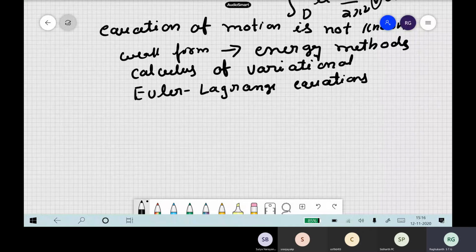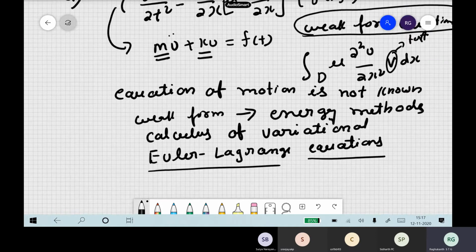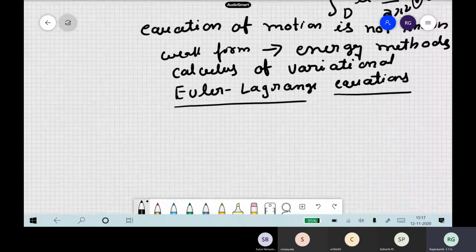Anyway, in our case we are solving the fundamental continuum mechanics equation, so it is very easy. I already know the equation of motion, so I can do it. But if I don't know it, then you may have to do this calculus of variations and all those calculations. Euler-Lagrange equations may have to be used to derive the expressions for the mass matrix as well as the stiffness matrix. This is a very important step in dynamics. In some problems the equation of motion may not be known, so you have to do calculus of variations and then estimate the mass matrix and stiffness matrix. Okay, so this is the next step.